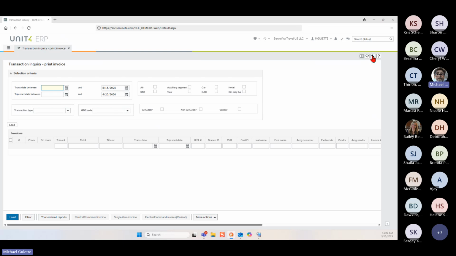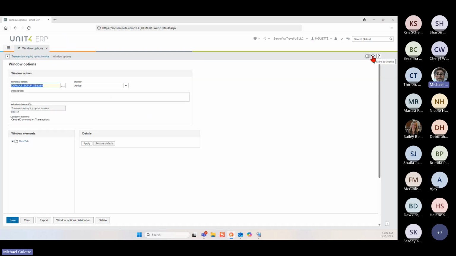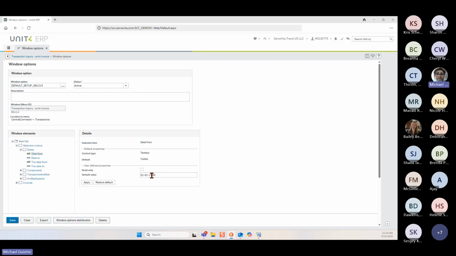up to Windows options here. Windows options on this screen can be used here or in the desktop application. When I click on that Windows options screen, it'll default to the window that I opened it from. And I'm going down here to the main tab. I'm going into selection criteria, dates, and I've got the date from set as